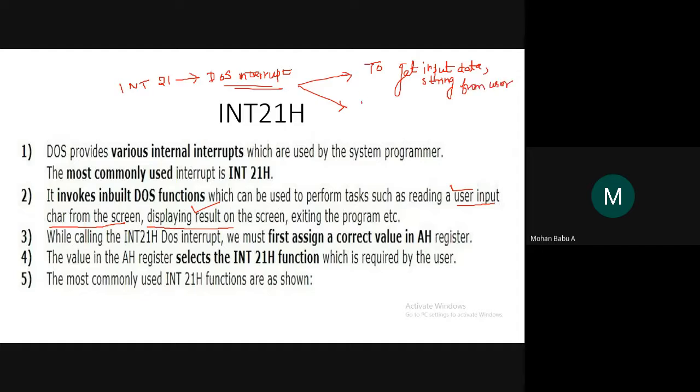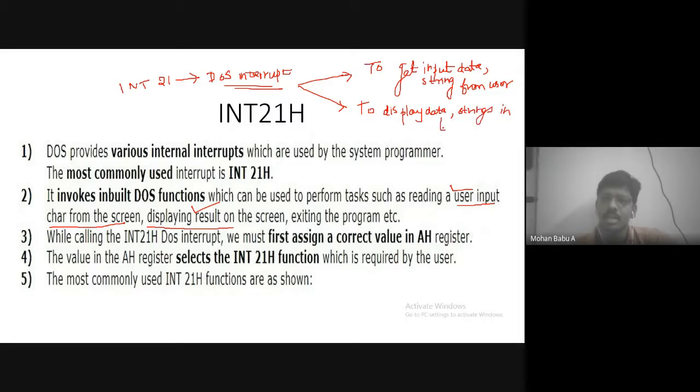And the second function is, after getting the data from the user side, to display the data and strings in the output screen. So to display data and strings in the output screen,